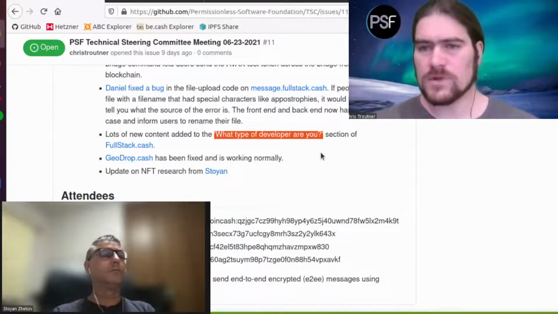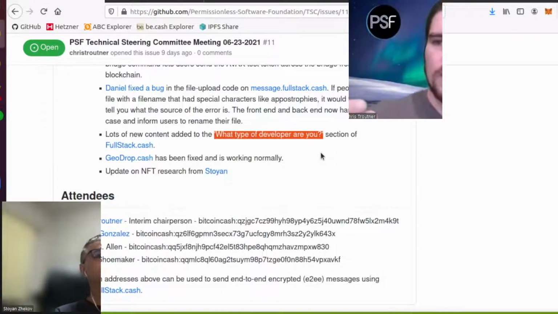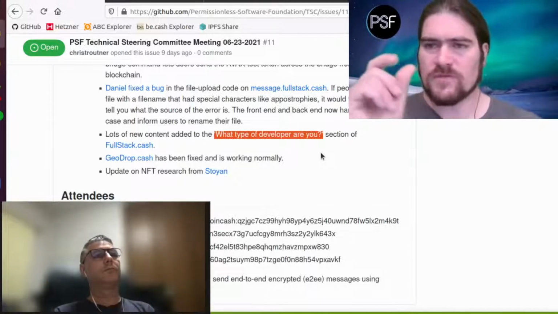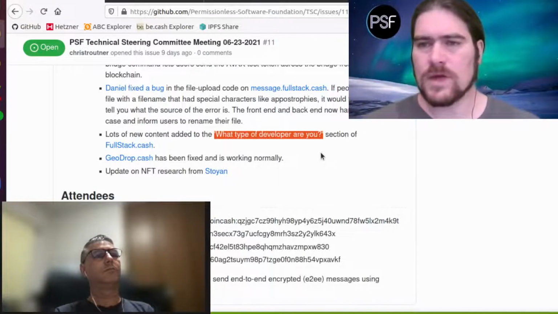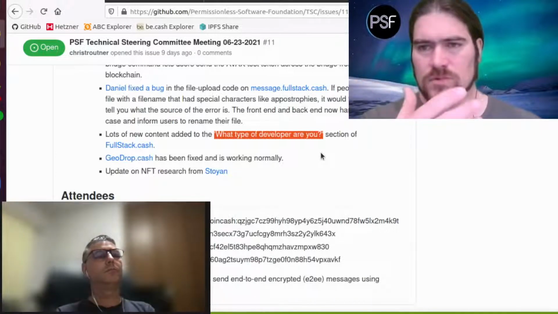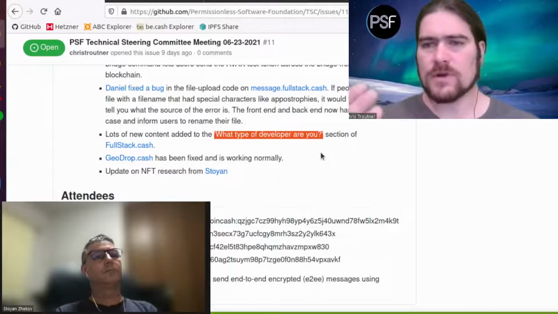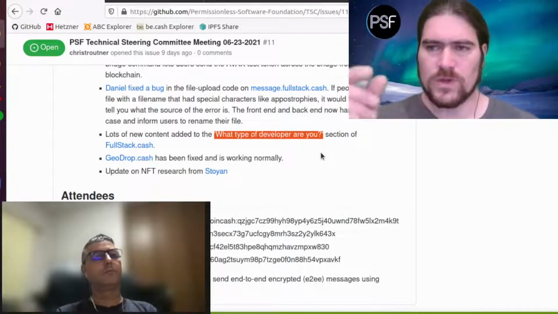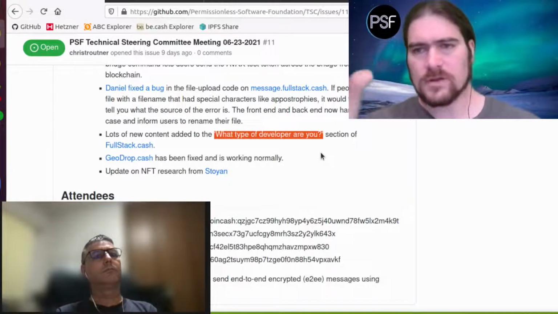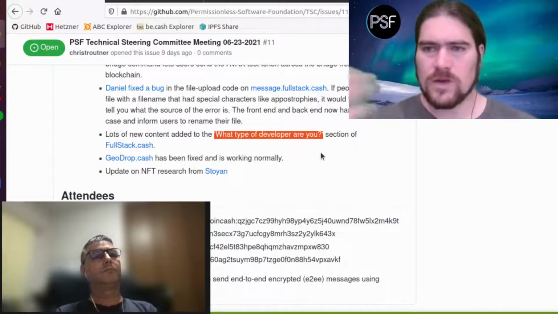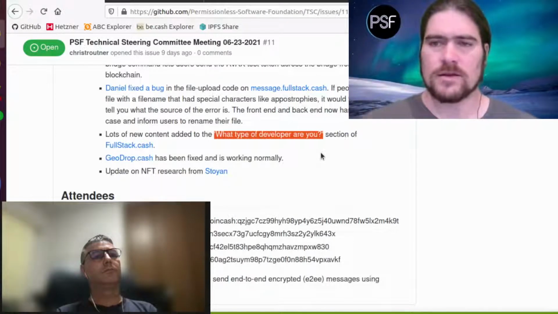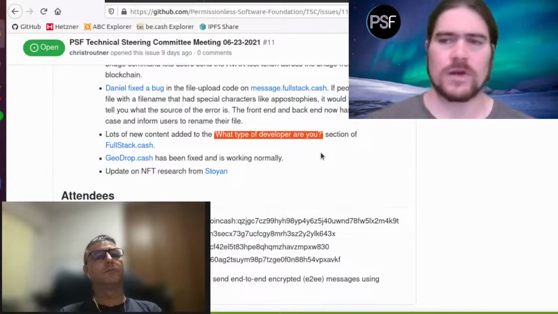Or if you want to build a library that will supercharge your app, or do some very specific thing like send an encrypted message, or pass some sort of media over the blockchain, that's what the library section's for. It's here's how you craft your own little Lego blocks that interact with the blockchains and are compatible with our front-end and back-end software.